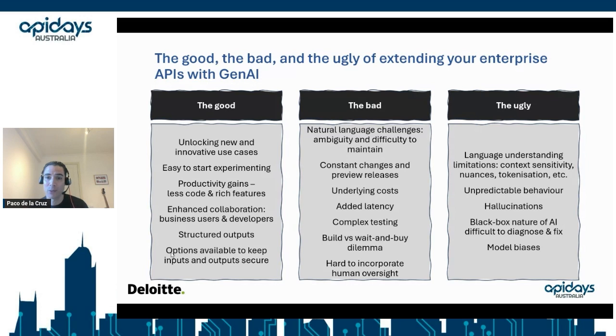Now, sometimes you even get hallucinations, right? You get very sound reasoning, but the output is incorrect, right? Even using temperature of 0, it happened to me in some of my test cases. So I had to tweak the prompts just to reduce the number of hallucinations. That doesn't mean I will never get hallucinations, but this is something you need to bear in mind. On top of that, these LLM models are a black box, right? If your prompt is not working, then you don't know what's happening behind the scenes. So it's really hard to troubleshoot. And there might be some biases in the models.